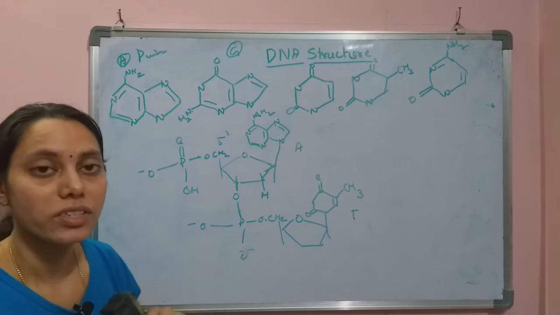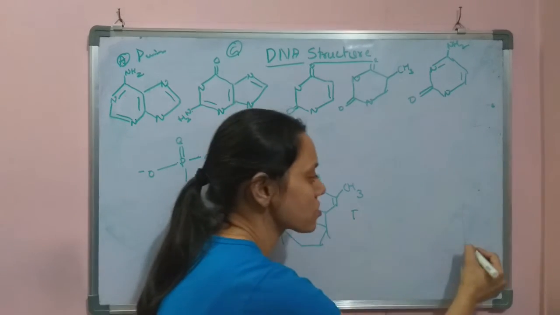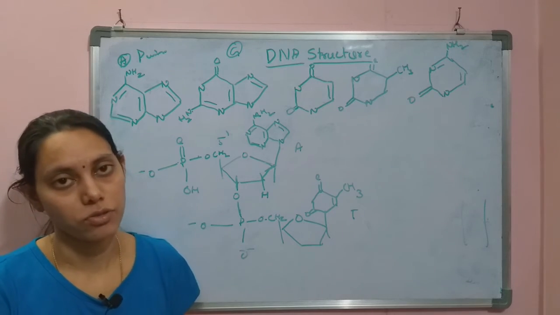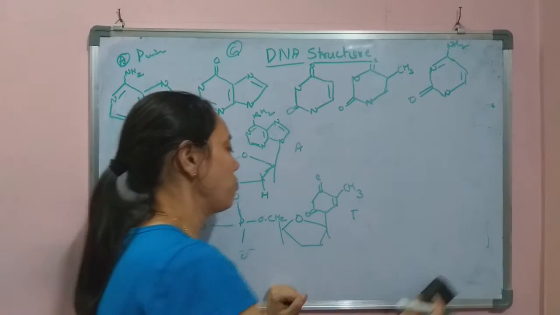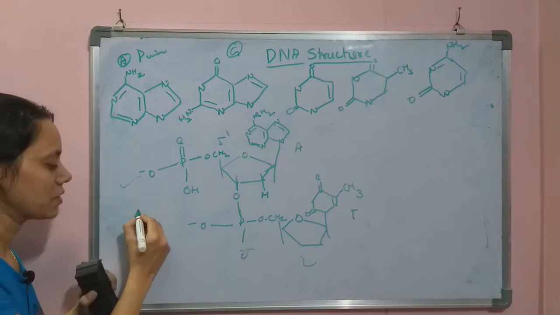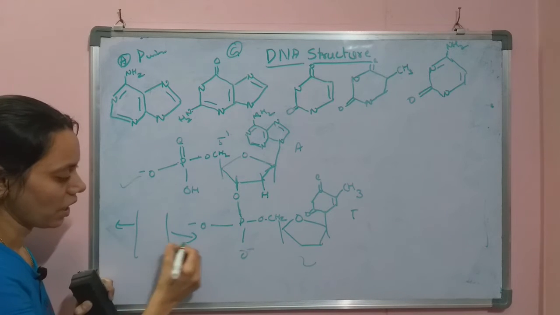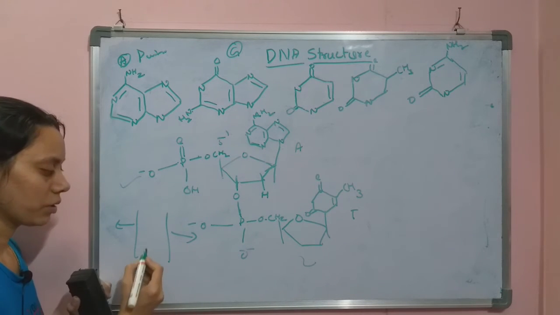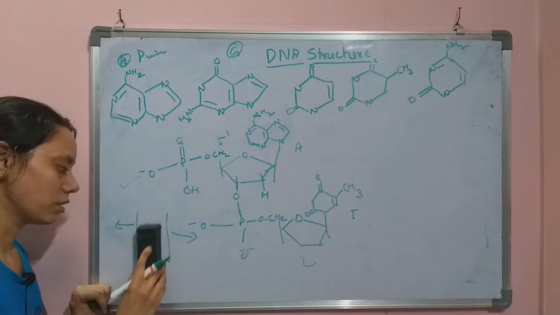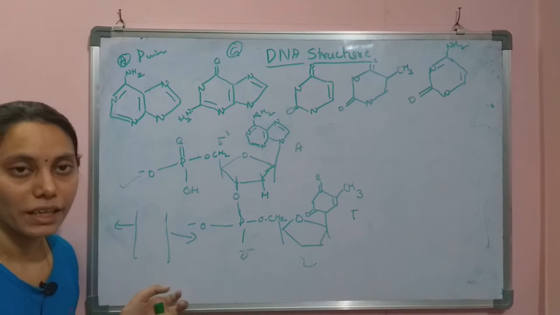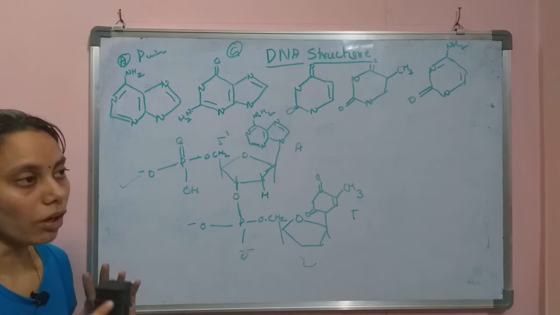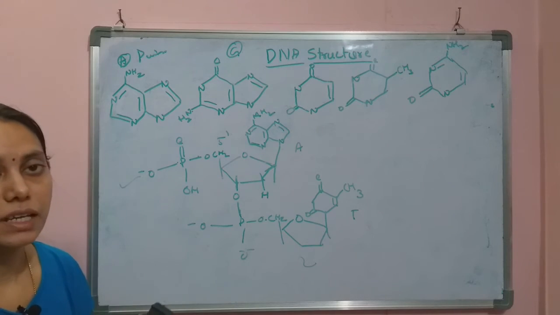So between two adjacent or opposite strands, between nitrogen bases, the hydrogen bonds will be formed, because this is the backbone. This phosphate and sugar moiety is the backbone for the DNA. That means they face the external environment, but the nitrogen bases generally will be inside the DNA helical structure. So these nitrogen bases will face each other from the opposite strands, and they make